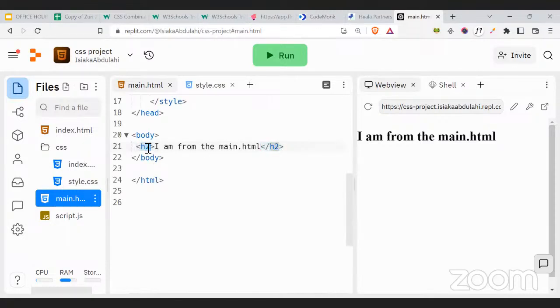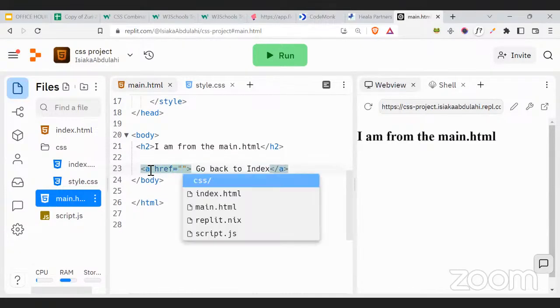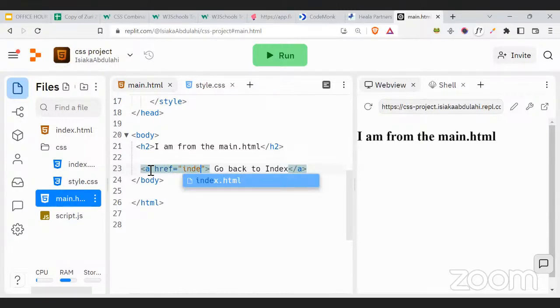Or let me create another a element here. I can say go back to index. Our href here will be index. You just locate the file path, index.html. If I run this now,